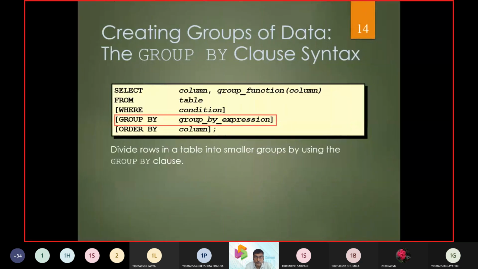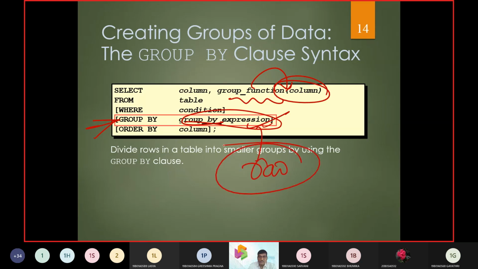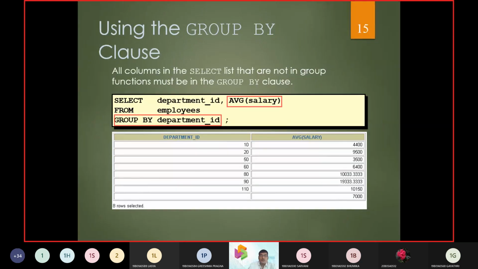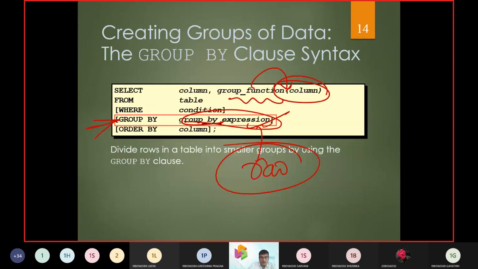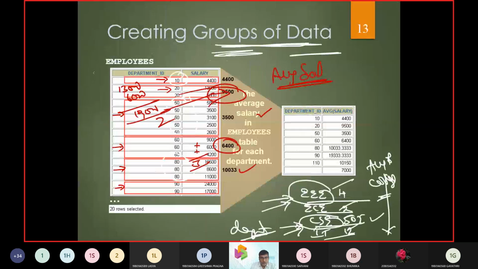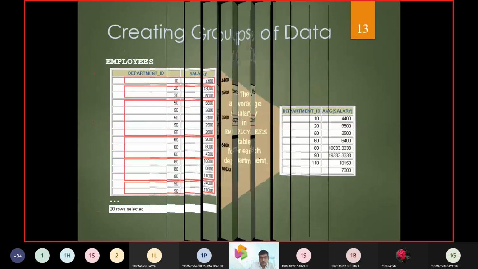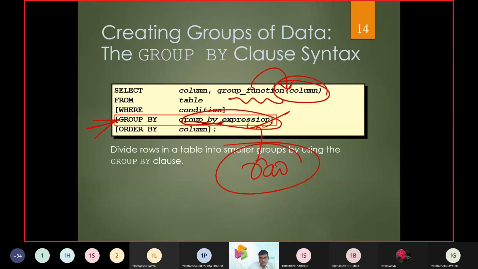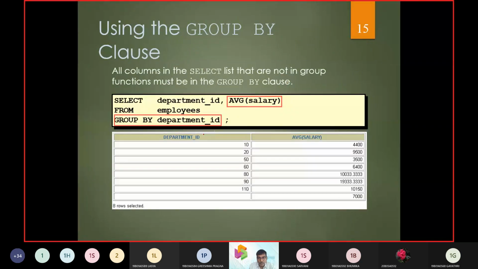Now, how can I put this into SQL? Group functions are applicable only to a column. But now you need to use a group by clause, and this group by is going to evaluate an expression, and that expression is taken up with the group activity. Now you can see the explanation in practice. We have taken this diagram and now we put it into the syntax. After that we are building up the query.